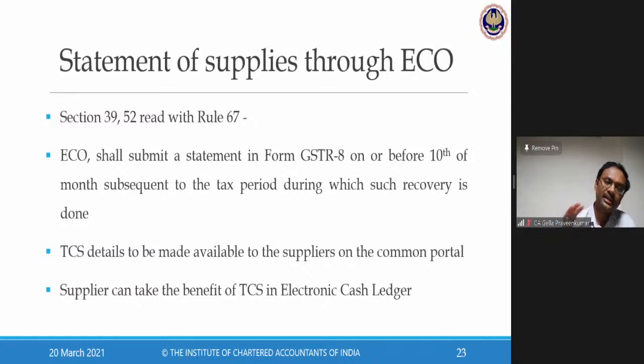The reason: on all supplies through the e-commerce operator which are taxable under GST law, 1% TCS is recovered. That 1% TCS has to be uploaded on a monthly basis using a form called GSTR 8. Keep in mind, when I say supplies through an e-commerce operator, I mean the net supplies, after sales returns. Now you have a sales return policy. If you buy anything on Amazon or Flipkart, they say any returns must be reported within a maximum of 7 days. Beyond 7 days, we don't entertain. The reason is they have to reconcile these supplies, the value of sale and the value of return, both netted off, and then TCS.